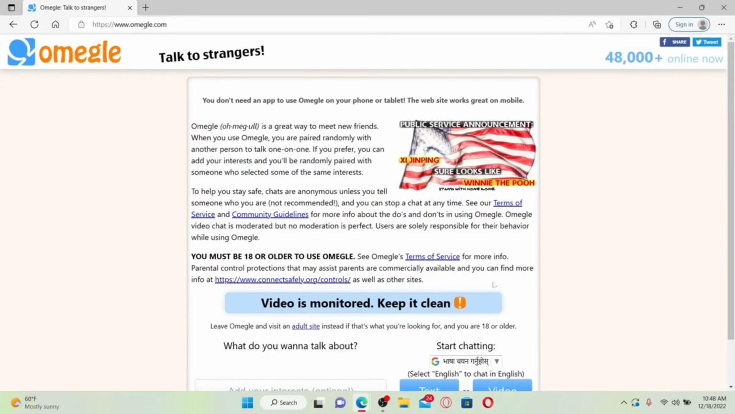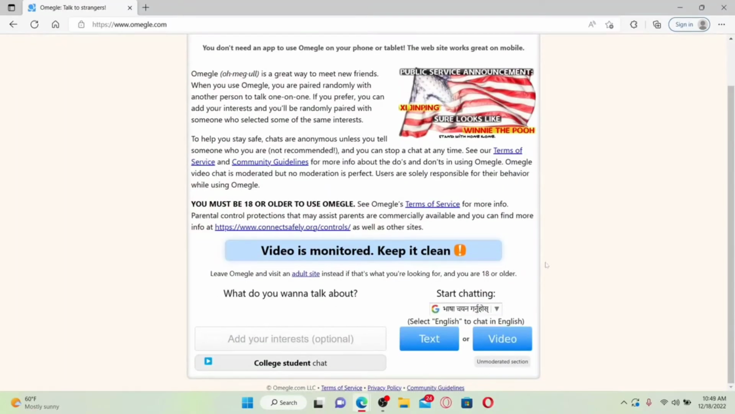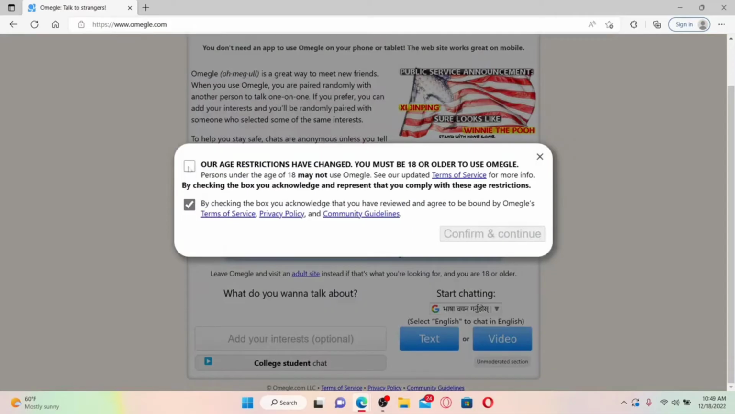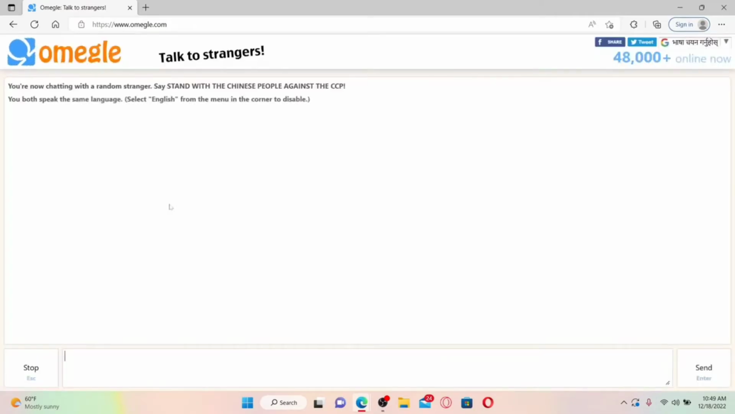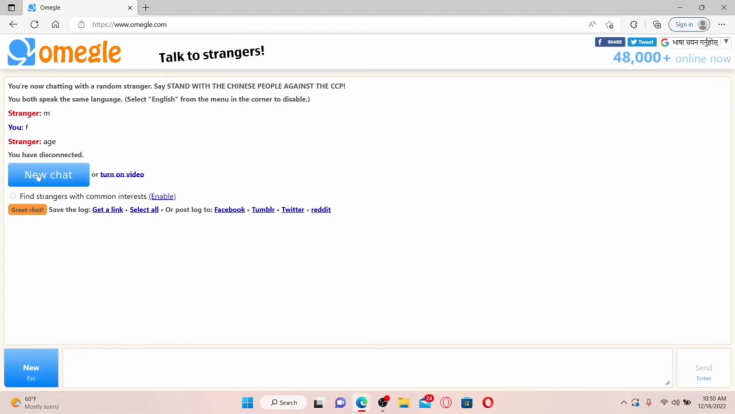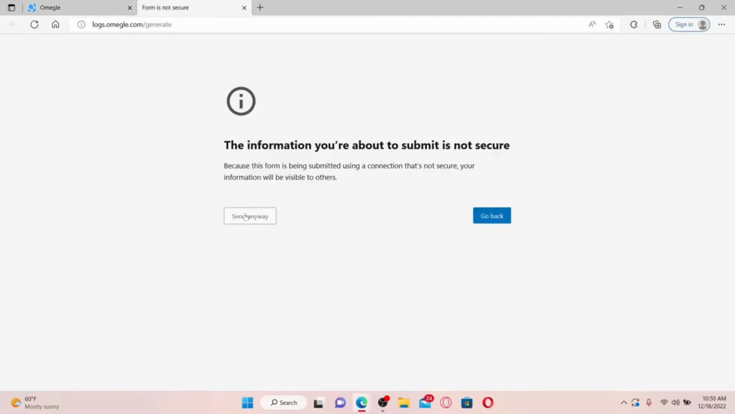Once you end up in the main official web page of Omegle, click on the text button. Check both of the boxes and start a conversation with a stranger. Since there is no direct way to retrieve your old messages from your Omegle.com account, after you disconnect from an Omegle chat, you'll be able to see the Save the Log option at the bottom. You can either get a link. In order to save your text messages, click on Get a Link and on the next page, click on Send